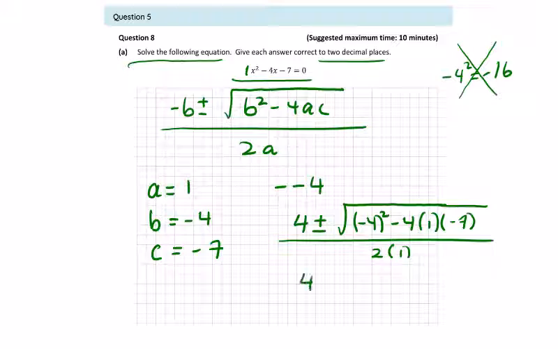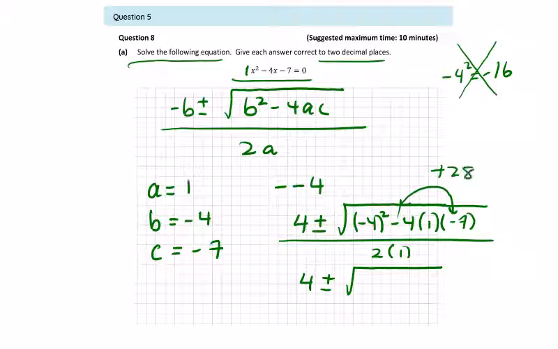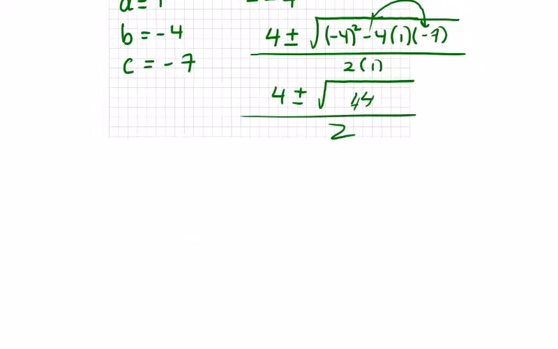You can probably simplify this a bit in your head. We're going to have 4 plus or minus the square root of 4 squared, 16, and then the minus with the 4 and the minus with the 7 give us a plus 28. 16 and 28 is 44, all divided by 2. So you have 4 plus the square root of 44 divided by 2. And 4 minus the square root of 44 divided by 2. And these two answers give,